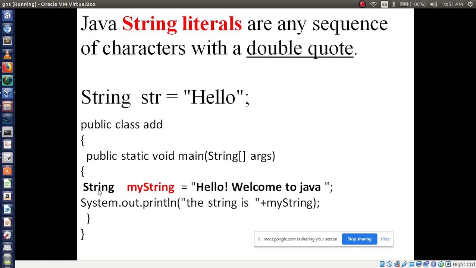Within double quotes you have to assign, and while writing a string, S should be a capital letter. So String myString equals "hello welcome to Java". It is going to print in your output. Here I am printing this output using SOP: "The string is" plus myString. So whatever content is there in myString, it is going to print.